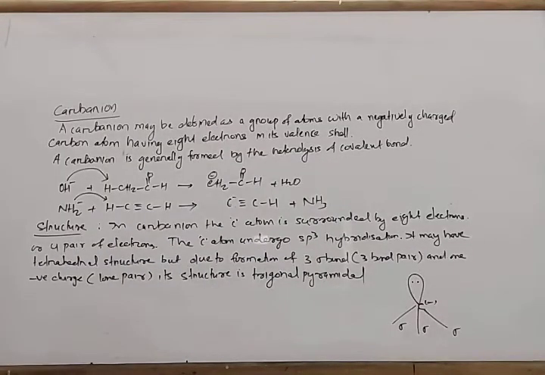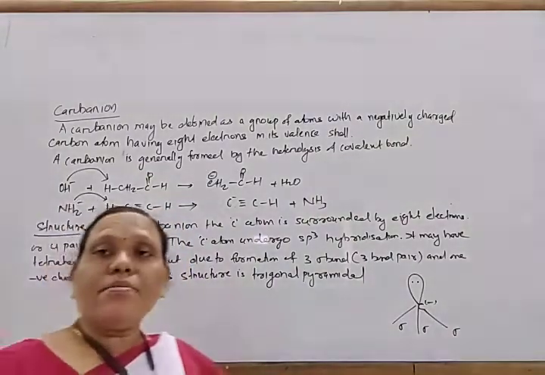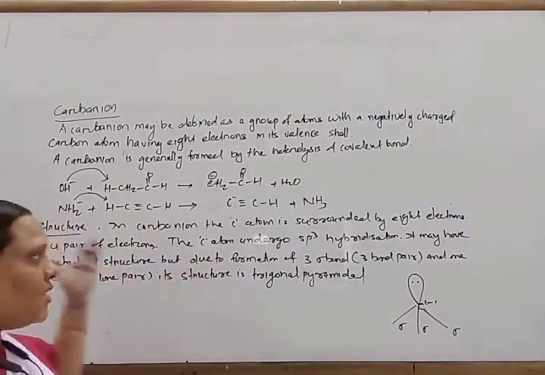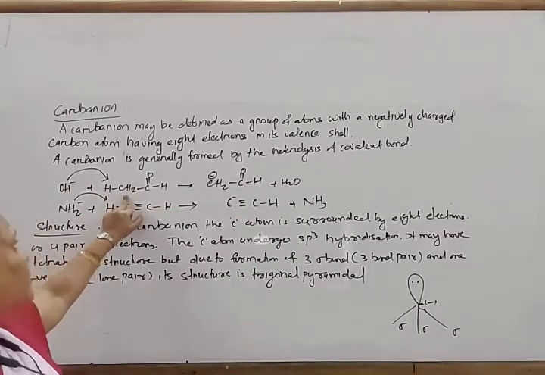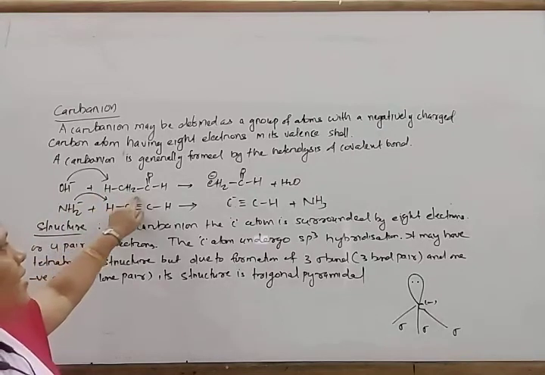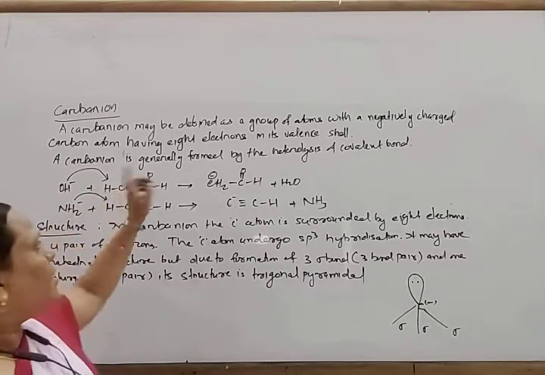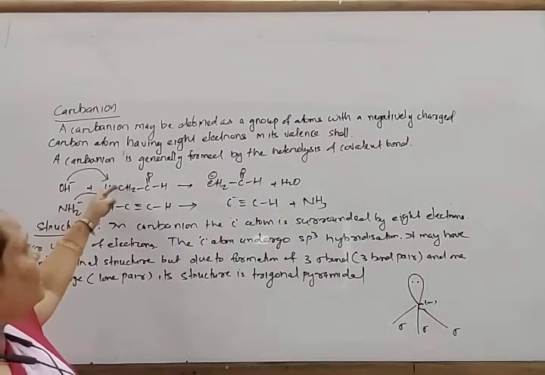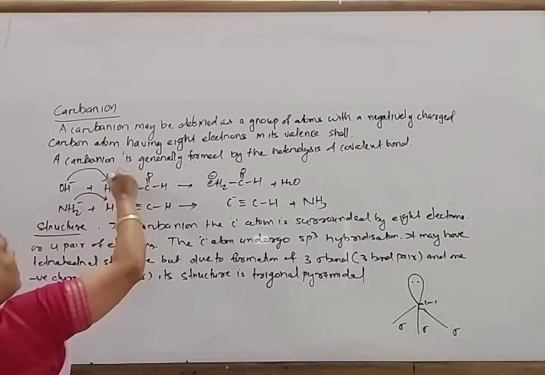Next comes the carbanion. A carbanion, or carbon anion, is defined as a group of atoms with a negatively charged carbon atom. This is generally formed by heterolytic cleavage. If some electronegative group is present that attracts the hydrogen atom, then the carbon carries the negative charge. So in the presence of a base, when acetaldehyde reacts with OH minus, it attracts the H plus ion. In this way H plus and OH minus form water, and it forms a carbanion. Here bond breaking takes place and this electron pair totally moves towards the carbon.